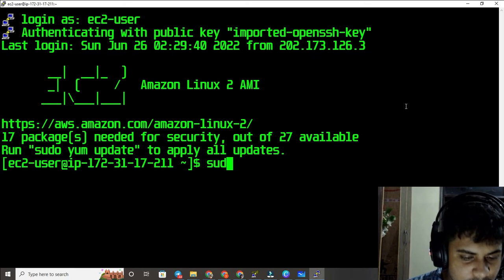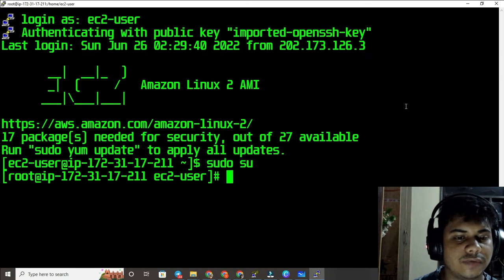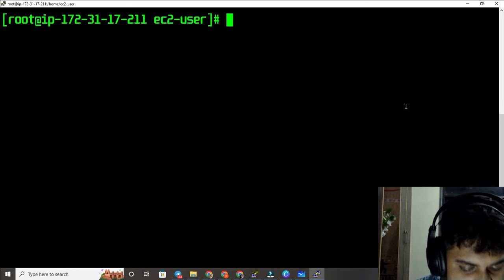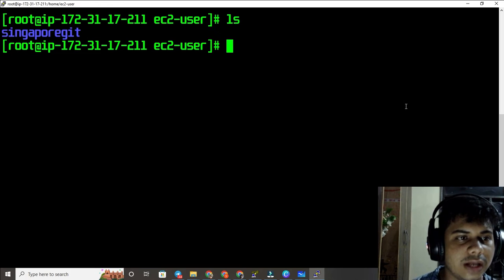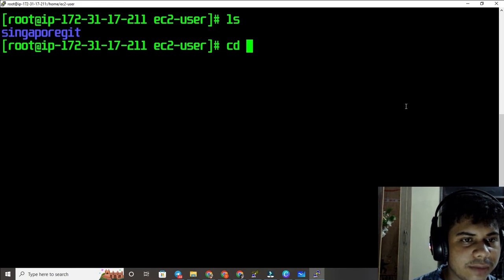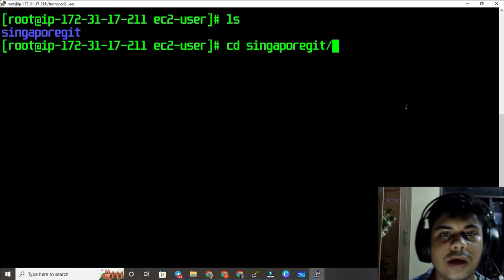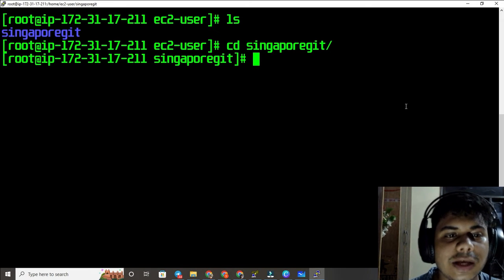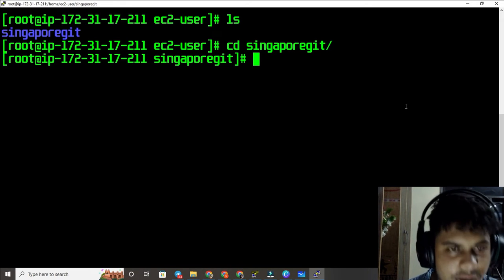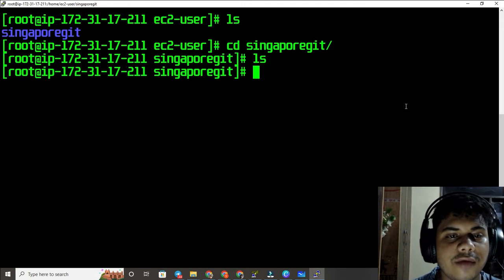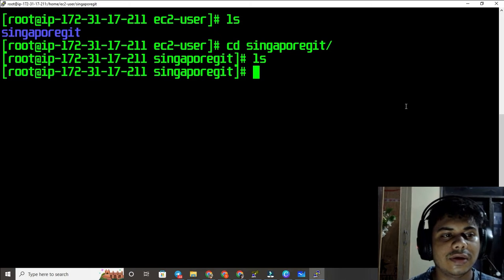I want to be a root user first. Okay, now it's time to clear the screen. So let me do ls. There is a Singapore git. Let me go into this repo. This is my local repo, as you all know. So now, as you can see, I am in my Singapore git. Okay, now let me do ls. There is nothing because I have removed all my files, which